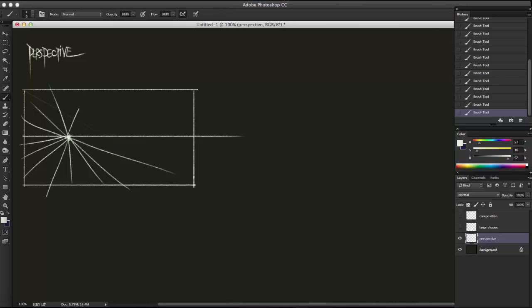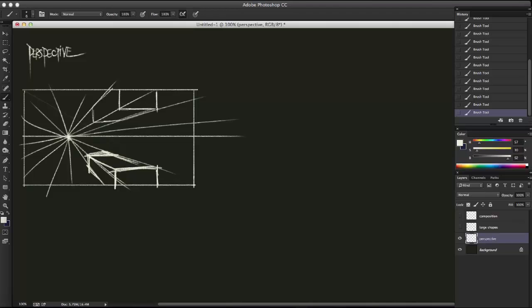Now, this can be very interesting. It's sometimes not the most interesting, but it can be interesting. If you have forms sitting in space, all those forms are going to be converging at this one vanishing point. Now, it could very easily become a little bit boring, but it's not usually